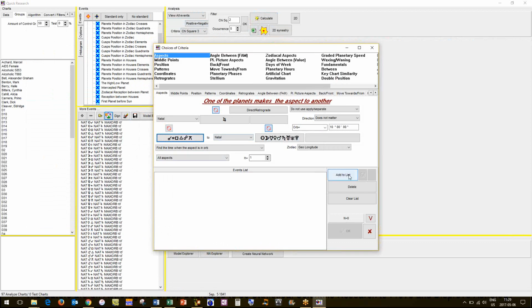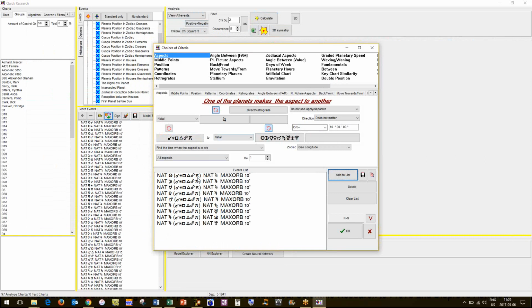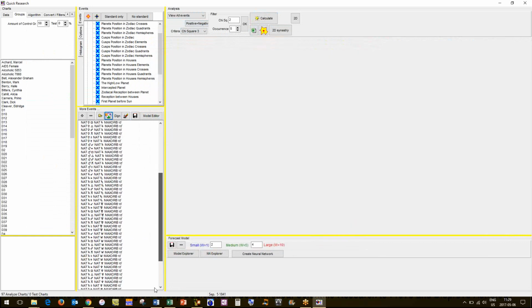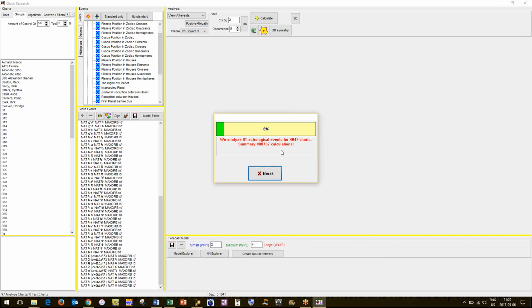You click on that little star, and we might be concerned whether Jupiter makes any aspect to the sun. Jupiter makes any aspect to the moon. So we add that there. So then we run that, and as you can see, there's a lot of calculations. There's 400,000 calculations, and it's happening in a split second. My machine's a bit slow. If you got a faster machine, then it's going to crank. Otherwise, it's going to be a really slow moving green bar.